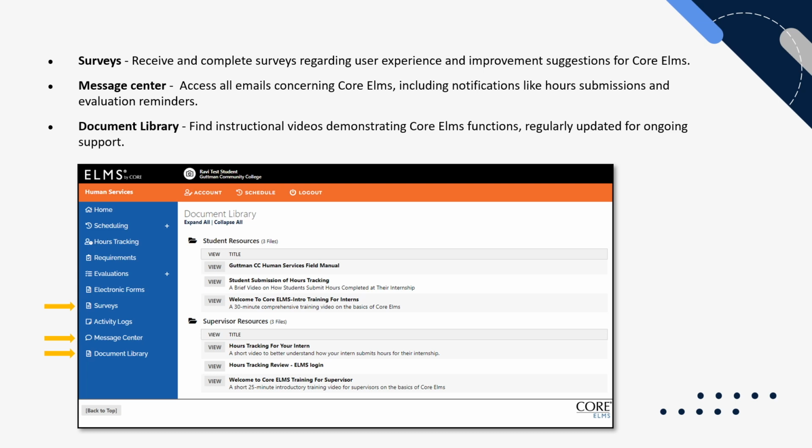Surveys are where you receive and complete all necessary surveys during your internship. There are 3 important surveys to complete: the end-of-year final evaluation survey, agency employment survey, and Core Elms experience survey. The Message Center is where you can access all emails related to Core Elms, including notifications such as hour submission confirmations and evaluation reminders. The document library is particularly important as it contains instructional videos demonstrating Core Elms functions, which